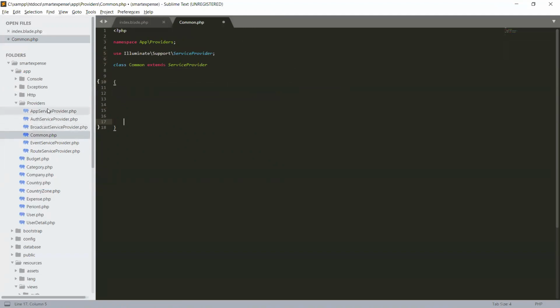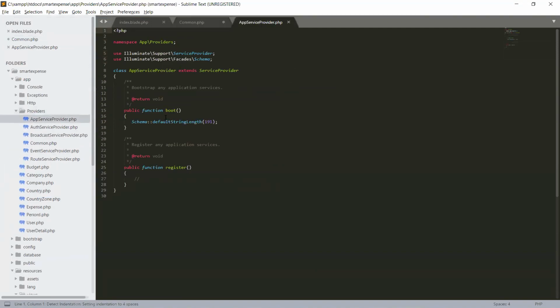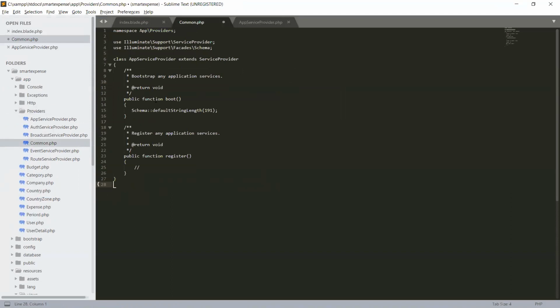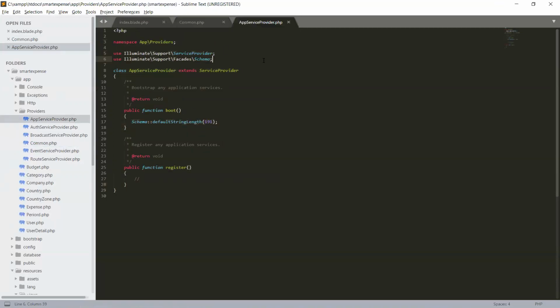We can also copy the text from this. If I copy all the tags from our AppServiceProvider, we can use the same in our Common. It's easy to reuse what is already created.